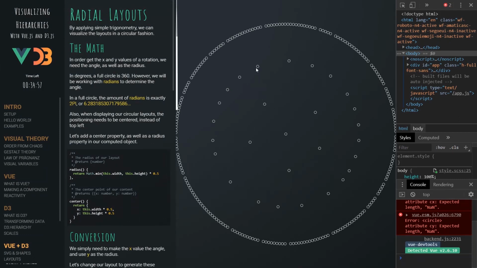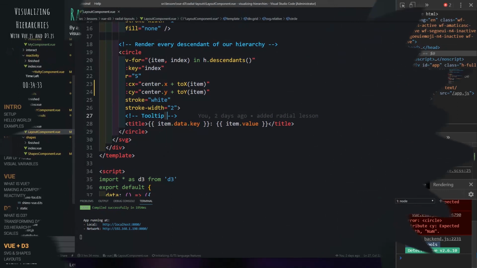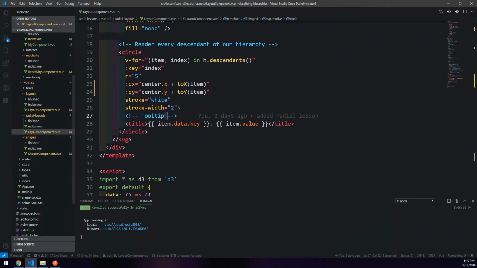Right. We're taking the x and y values and we are repositioning the nodes to be in the correct place, right? So this is great. The only thing that we have to do now is change it so that each one of these links will represent that same approach, right? And it's as simple as converting to the x and y based off of the angle and the radius using sine and cosine, all right? Okay, so for the line,